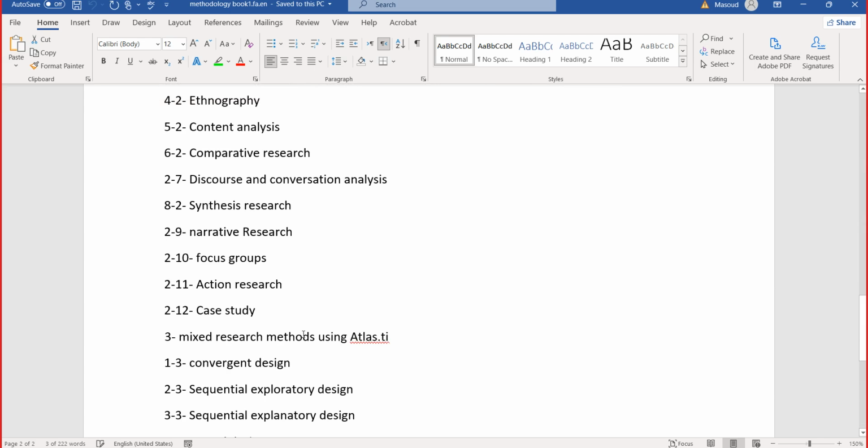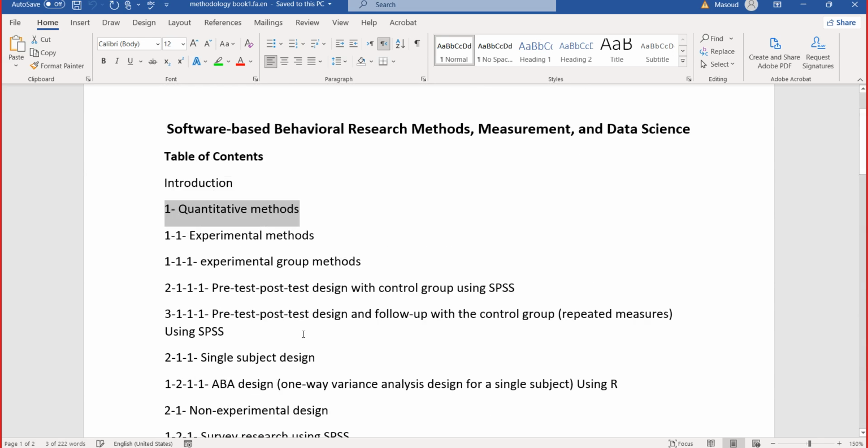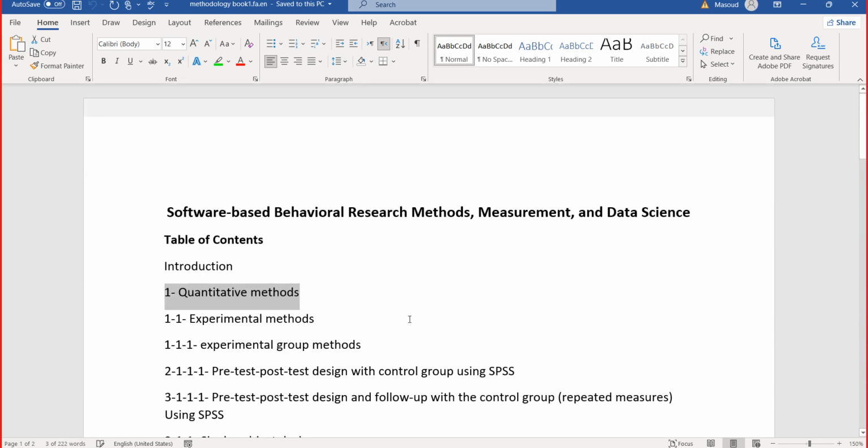Why software-based? Because every kind of analysis, either quantitative or qualitative, needs using and applying software.